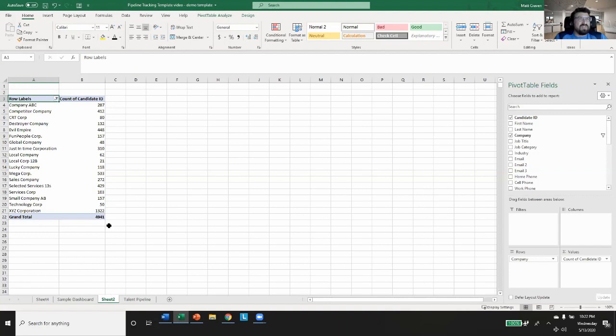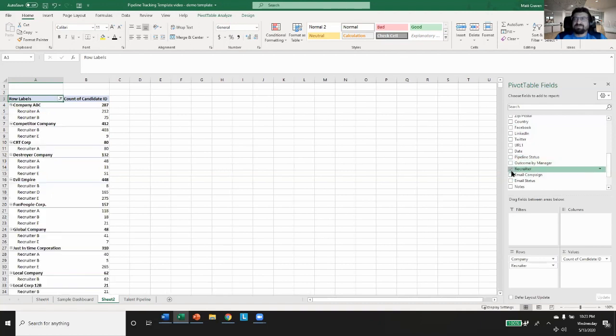One of the things that you can do also in pivot tables is filter the information by certain different things. And one of the things that we're going to want to do here, especially if you're an organization with multiple recruiters, is look at this data by recruiter as well. So what you're going to do here is come over to the pivot table fields. You're going to click on the recruiter, and it's going to put it in the rows again. So you're going to click on recruiter, and you're going to move it up